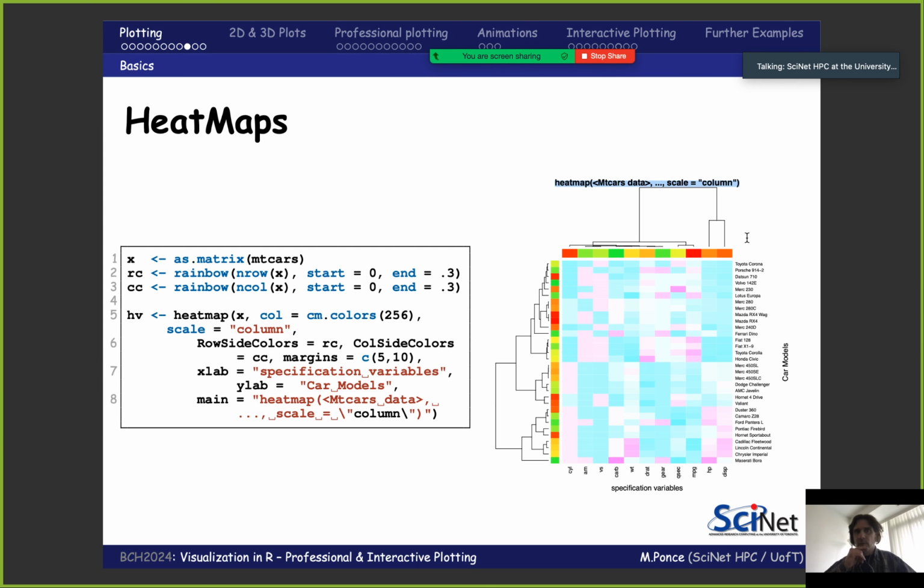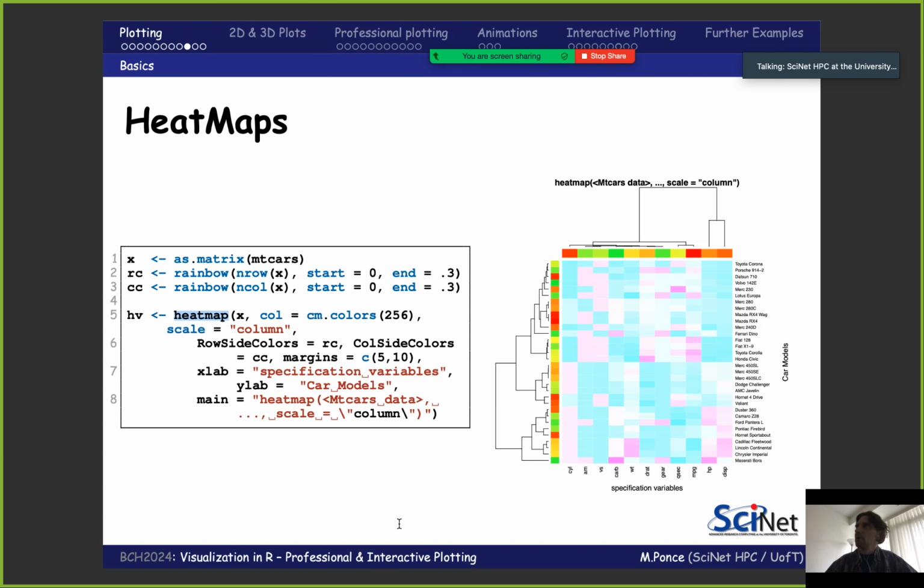Now, one thing to warn you is the heatmap function is quite powerful, but it's very basic. You will see heat maps with more professional features, heat maps that require more fine-tuning, let's put it that way. People don't use the basic heatmap function for now, and instead use packages like heatmap.2.